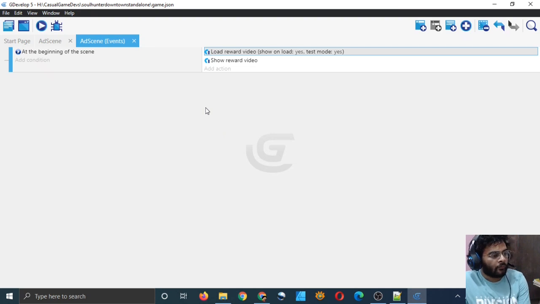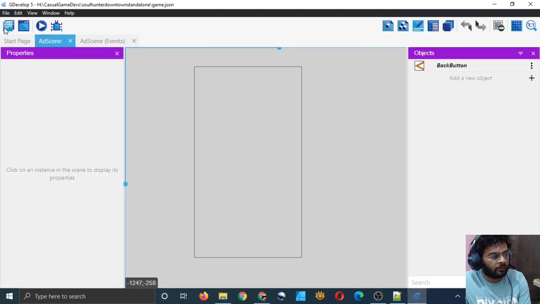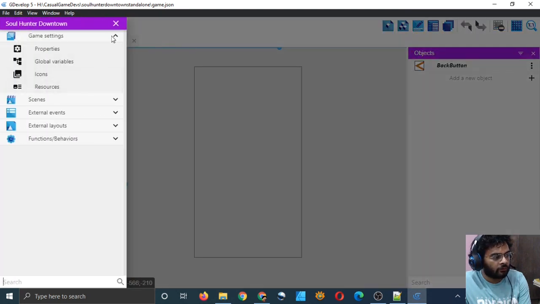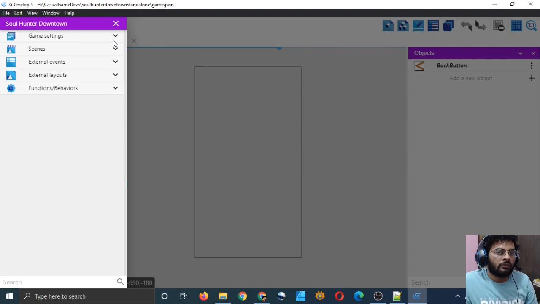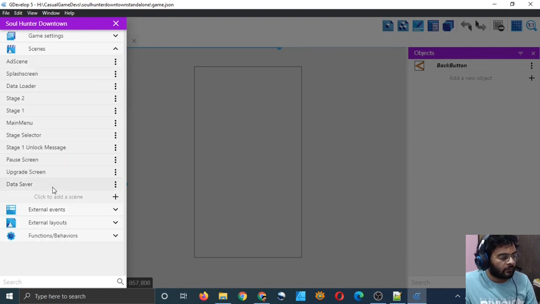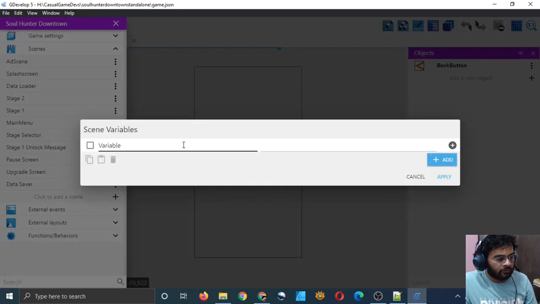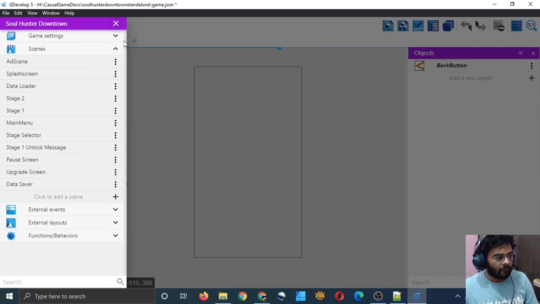So now to get the reward, let's first of all add a new variable in our ad scene. In the ad scene you can add a new variable, edit scene variables and add one and call it reward, simply reward, and it should be 0 by default. Apply, right?